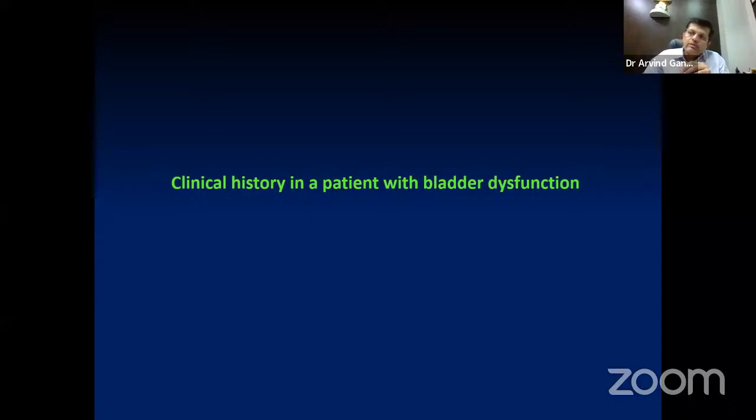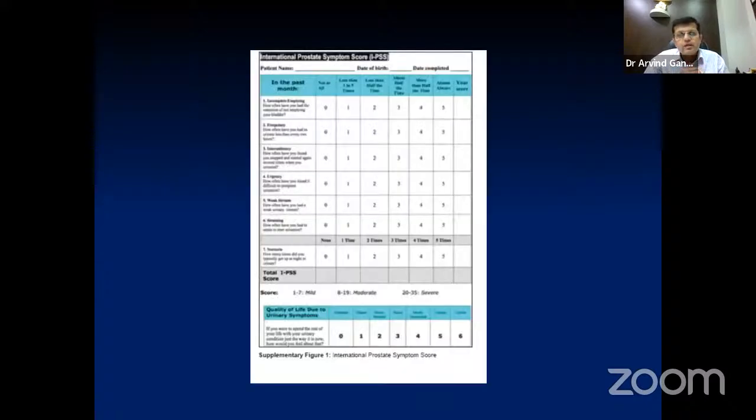Before we go to the urodynamics, we have to understand which patients actually require urodynamics. Urodynamics should be chosen very judiciously. It's not that you can choose urodynamics in all the patients. You have to know the clear-cut indications wherein you are going to do the urodynamics, and how you elicit the history. I would say that this is one of the tools which is actually very underestimated, that is the IPSS.